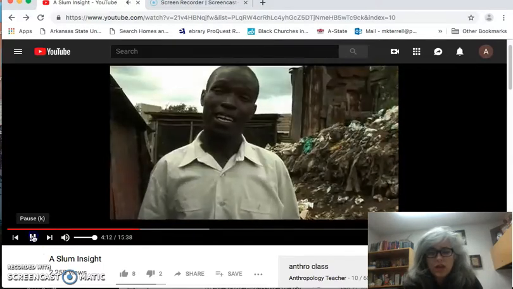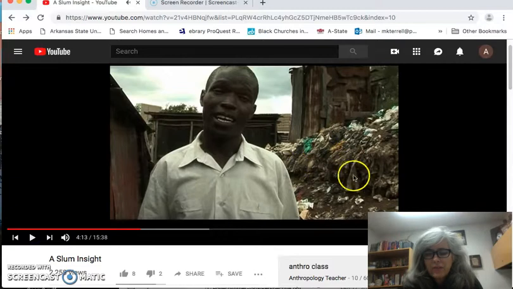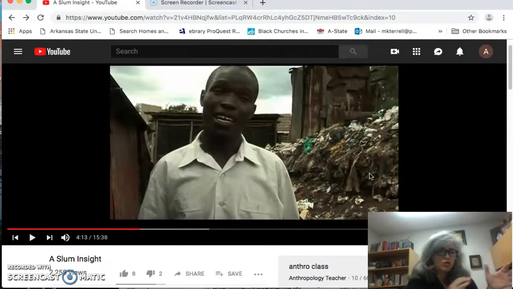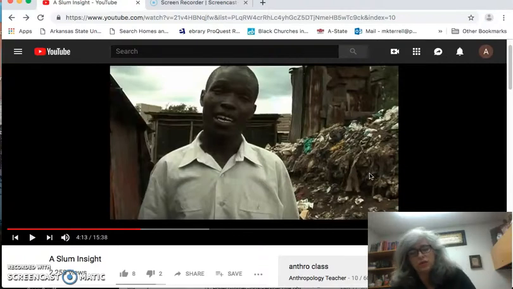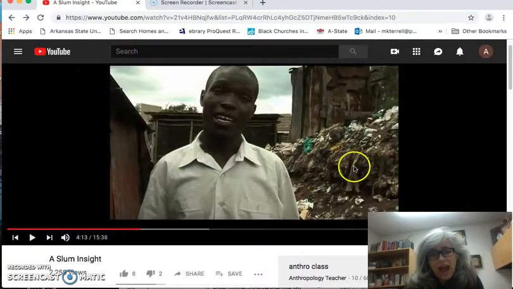Okay, so this pile of stuff back here, this is refuse and filth and garbage. This is not just clothing or plastics or whatever you see right there. It's filthy, terrible stuff. And in our society, we have infrastructure in place, where trucks come and take this kind of thing to a landfill. The slum does not have that kind of thing, so there's not proper sanitation.